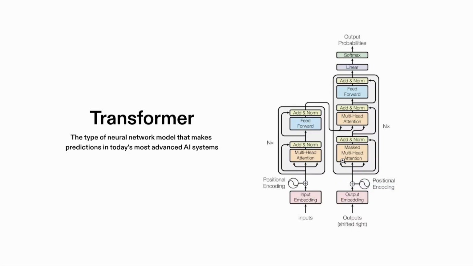So, to be more specific, what kind of neural networks power today's most advanced AI systems? It's the transformer. So this is a diagram of a transformer neural network. They're really powerful models. They can make good predictions from inputs of whatever kind of data they're working with, typically text, and we're all aware of the ChatGPT example. But a lot of the time, we don't want to start from scratch. We want to get something off the shelf, which somebody else has taken the time, effort, and expertise to train for us, so we can get a really good model that works off the shelf.